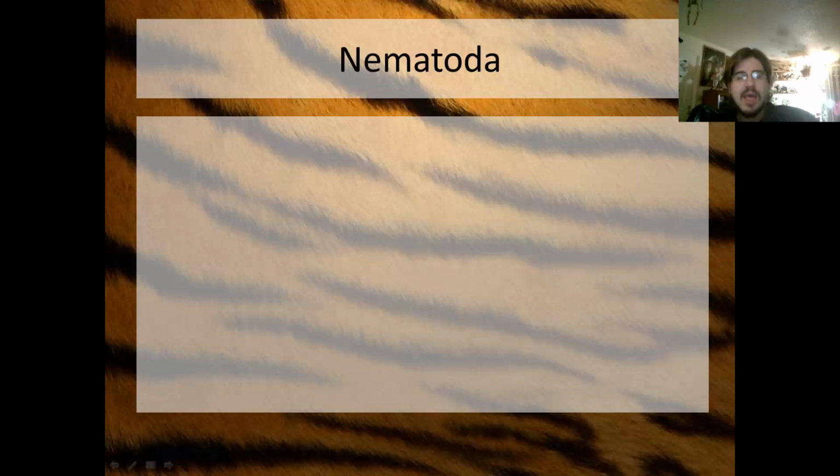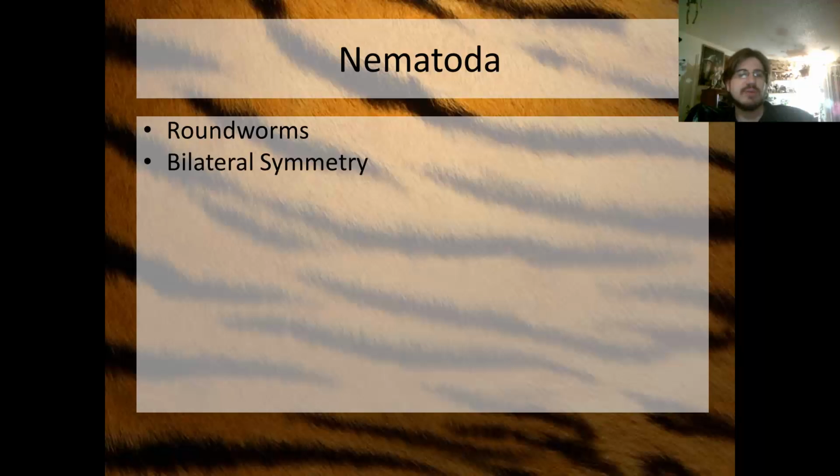All right. Next up is phylum Nematoda. Nematoda is the roundworms. Roundworms are a little bit more primitive than annelids. They are not as advanced body structure-wise. They show the same kind of bilateral symmetry. They do have 3 tissues, ectoderm, mesoderm, endoderm, and they are